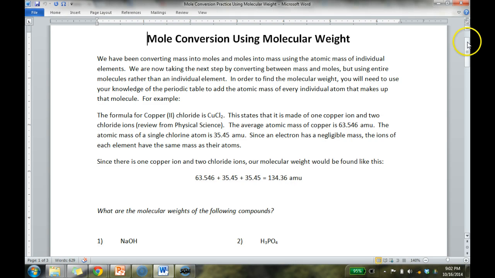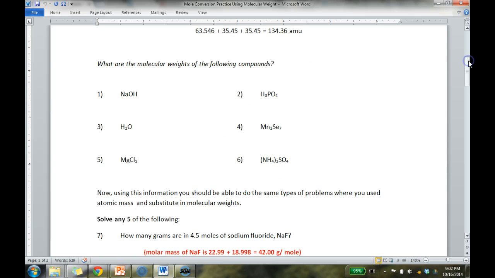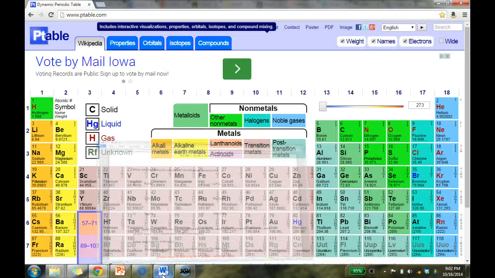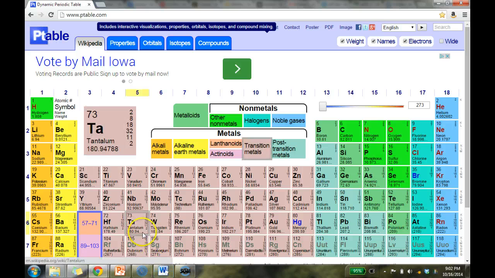Okay, so looking below here, coming to our first set of problems, our first compound is sodium hydroxide. Okay, this is an ionic compound, so we have a single sodium ion. We have oxygen and hydrogen forming the hydroxide ion. So we have one of each, one sodium, one oxygen, and one hydrogen. So I can come over here to my periodic table. I have sodium, which is element number 11, has a mass of